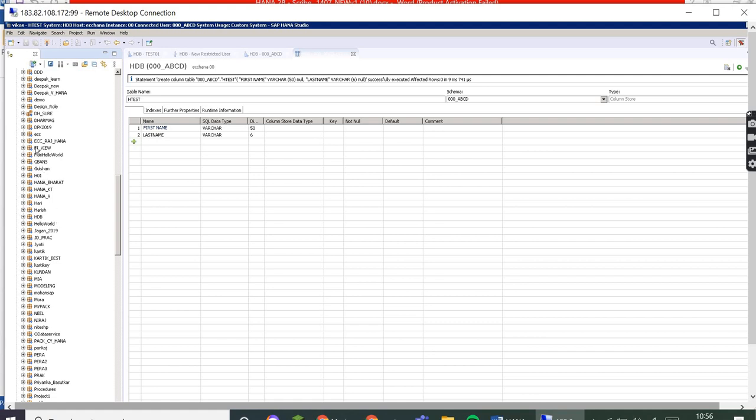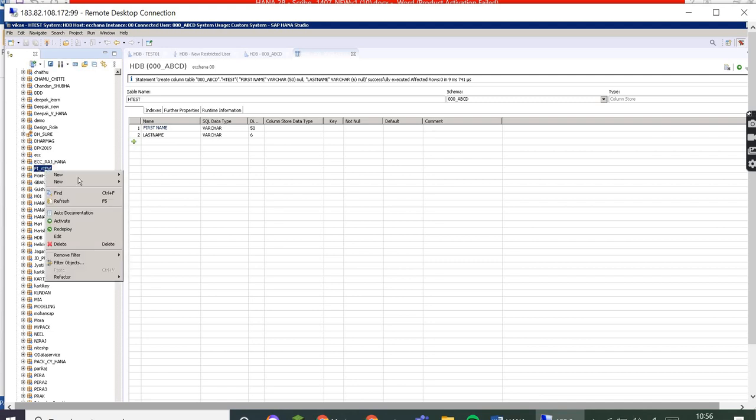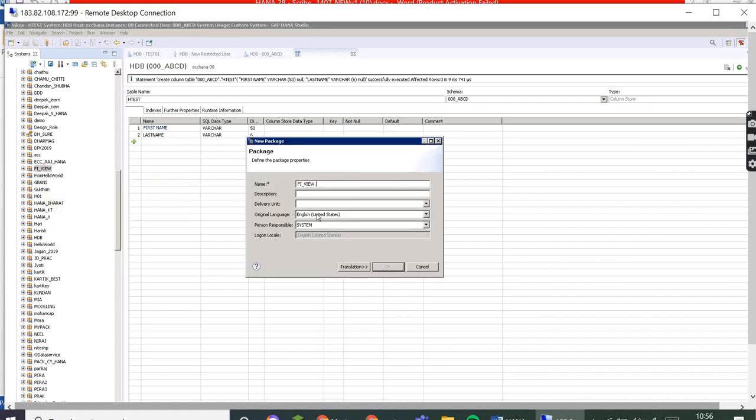So that people know this FI view is responsible for the finance related views and tables they use. Similarly, you can create a specific folder. Within finance, if you want two packages, just go here and create a sub package and give the name.